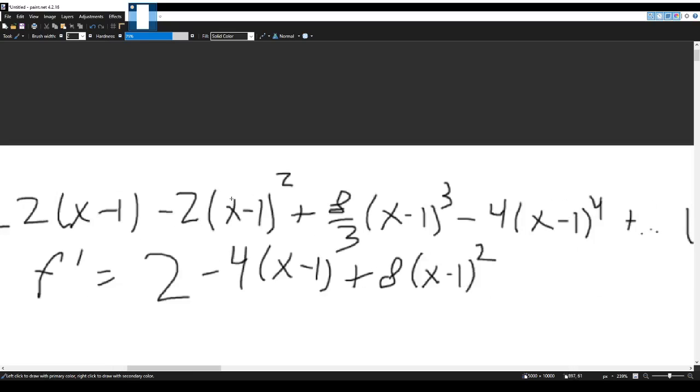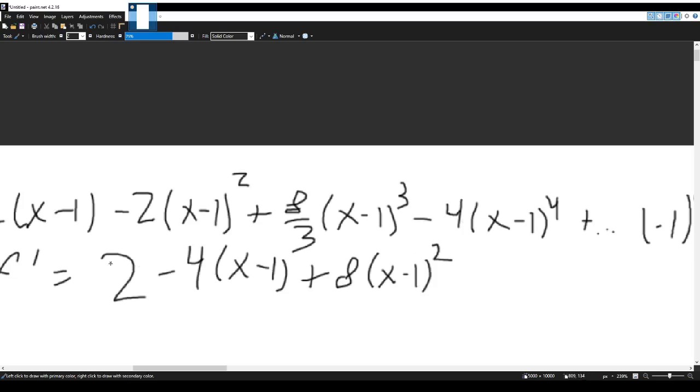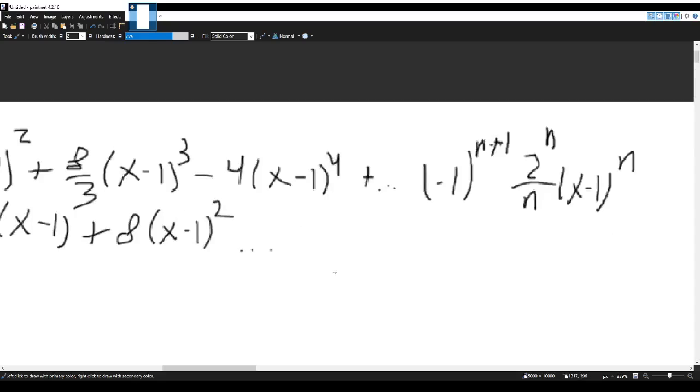Oh, I guess I didn't need the first 4. I kind of thought one of them would disappear, but that's not the case. So yeah, let's just describe this. So that's the first 3 terms, and then plus the general term, dot dot dot, of course, is going to be